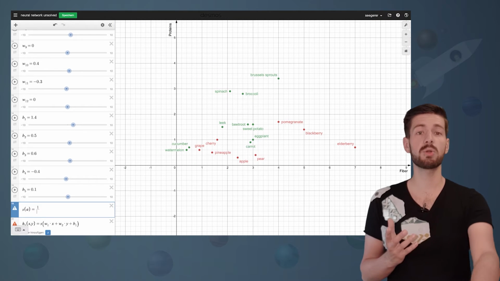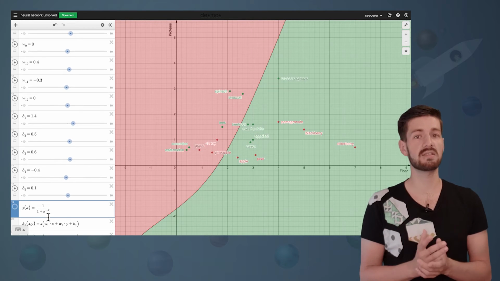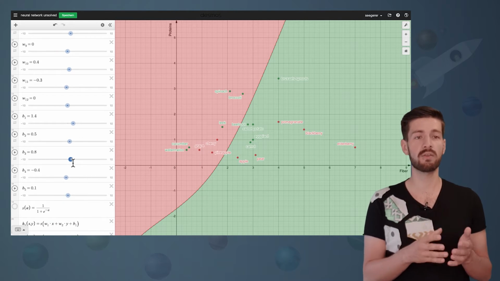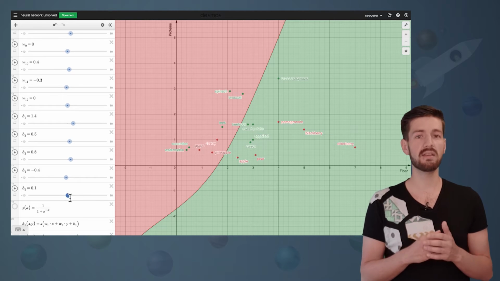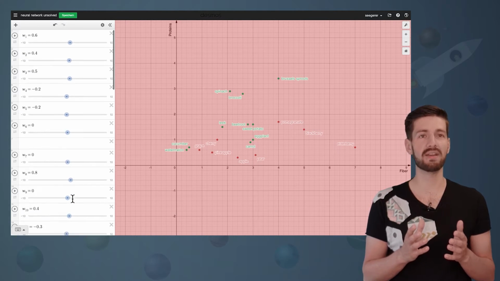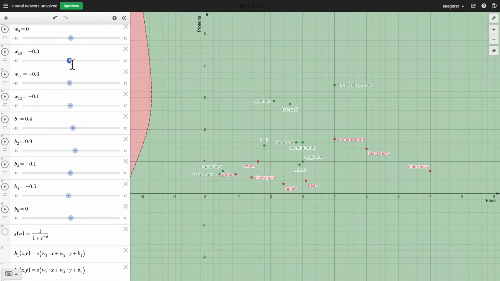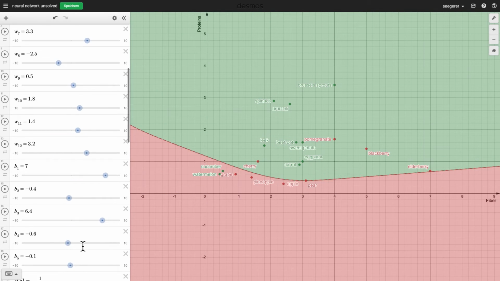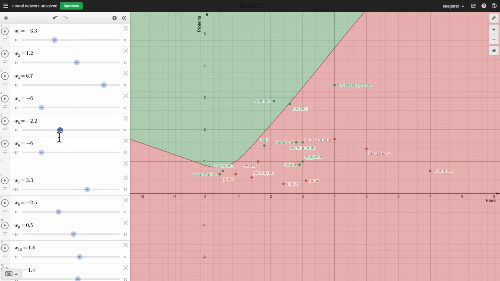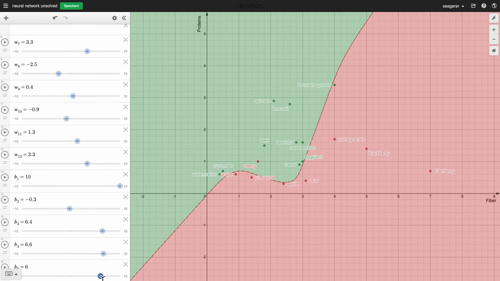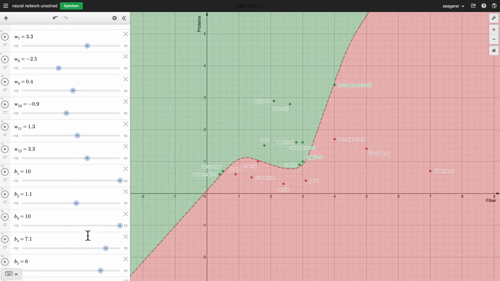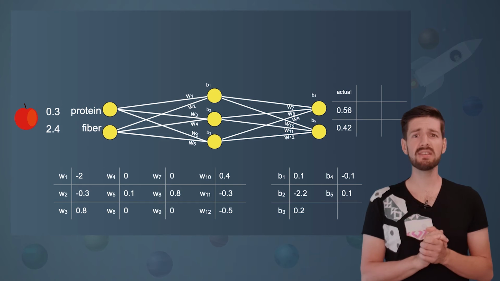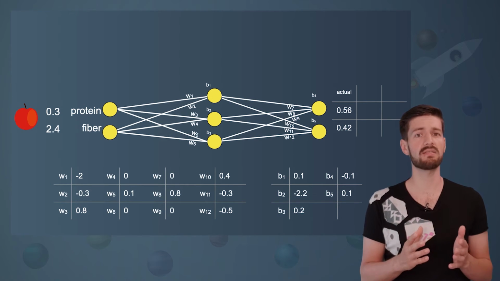The solution is to switch to a nonlinear activation function, such as sigmoid. Together with the sigmoid function as an activation function, we now have enough control to separate fruits from vegetables. With this all set, I'll now try to find appropriate weights and biases. So with this we had a lot of trial and error to find the fitting weights and biases, but there